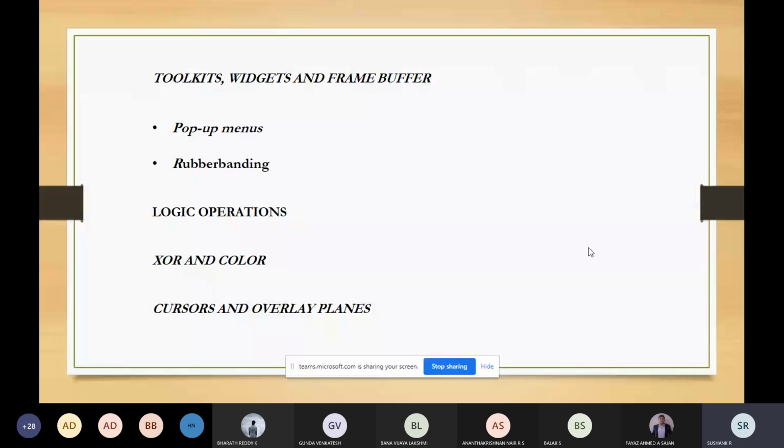Like here, we'll talk about how the sphere is represented, and how we can calculate the value of x, value of y, and value of z when it is represented in the parametric form. The same thing will be repeated for the ellipsoid: how it is represented, what is the Cartesian representation, and how to calculate the values of x, y, and z. After that, we'll talk about the torus also, how it is represented and what are the values of x, y, and z. Then we'll talk about the functions which represent the quadratic surface and cubic surface.